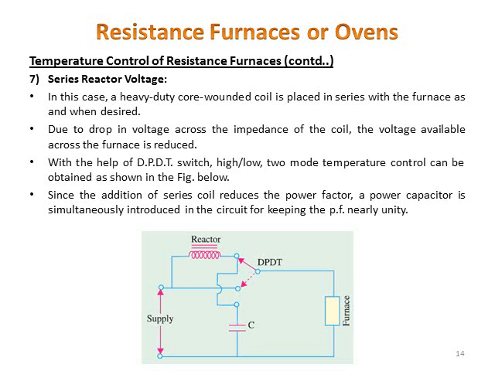When the DPDT is in position 1, both the reactor as well as the capacitor are connected in the circuit of the furnace. The reactor, when used, draws a lagging power factor. In order to correct the power factor, we have a capacitor. When the temperature needs to be increased, the position of the DPDT switch is changed to position 2. When the DPDT switch is in position 2, the entire supply is given to the furnace, so the temperature of the furnace increases.